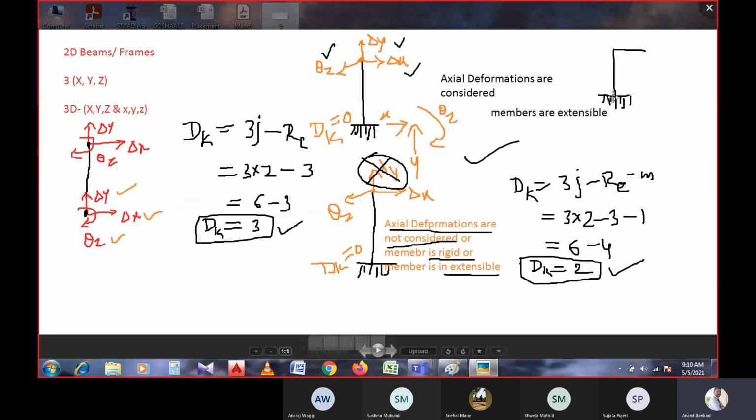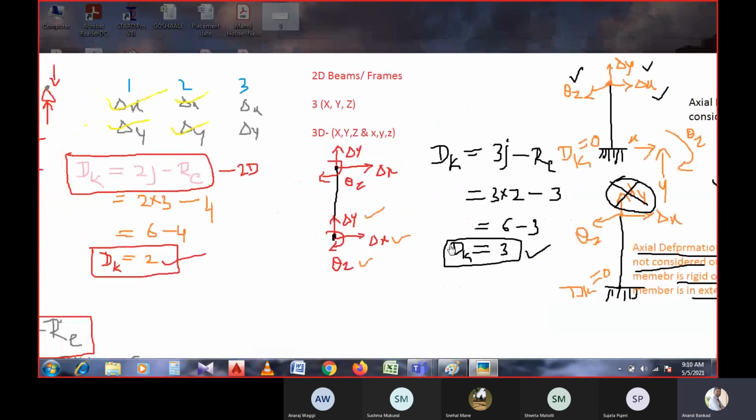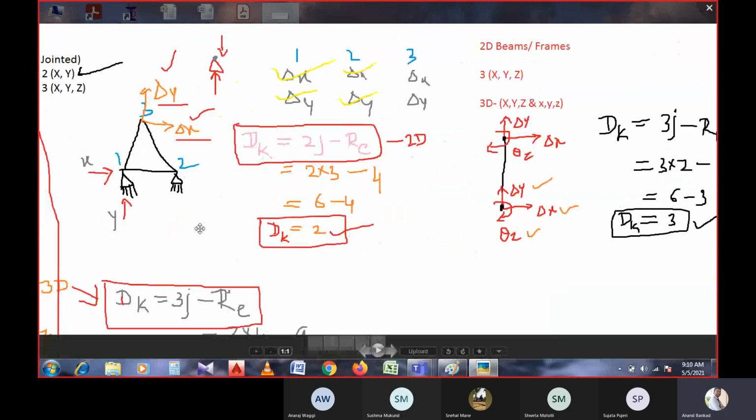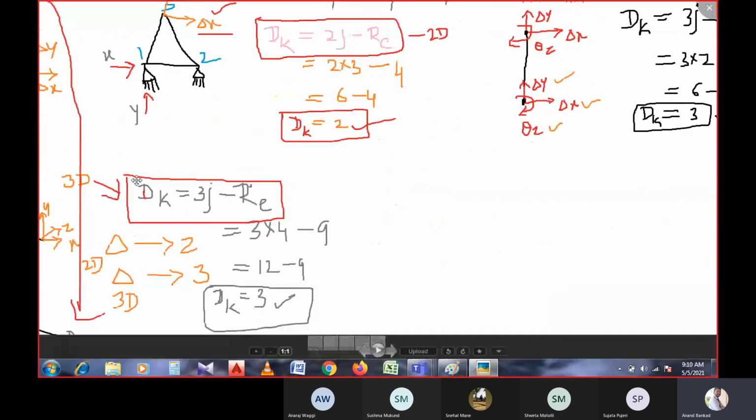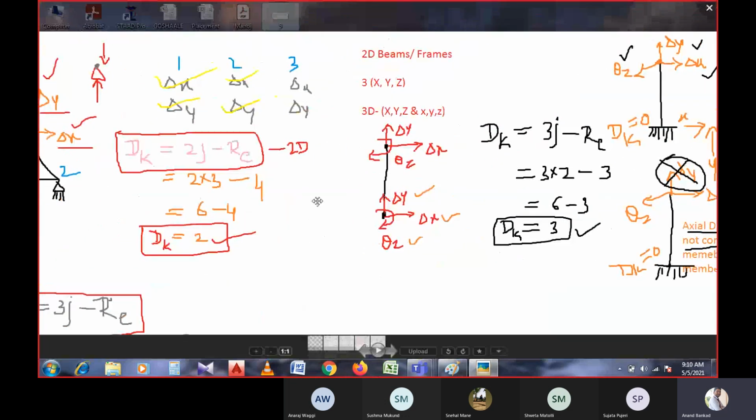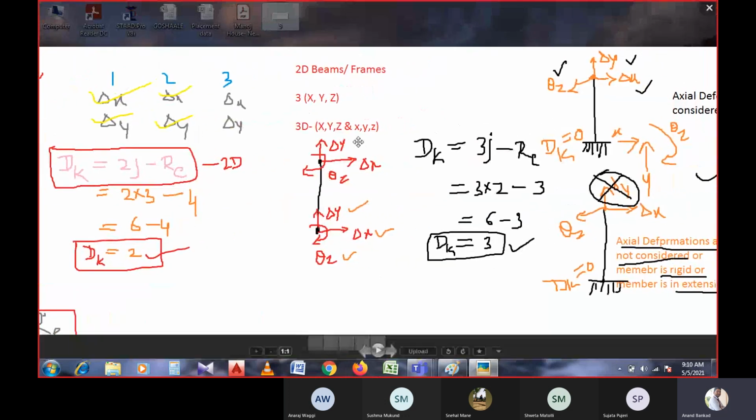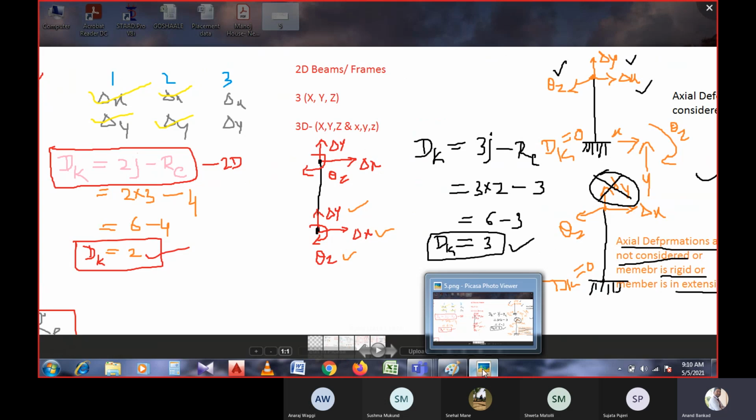In the same case, if the particular member has another joint like this, we will discuss that in this class now. In the previous class we discussed up to this much, that is, pin jointed trusses in two dimensions and pin jointed trusses in three dimensions, right? And for the beams we have already begun: when considered in two dimensions, x, y, z directions are referred to as degrees of freedom, and in three dimensions it is referred to as 6 numbers, right? I hope it is clear for you people.